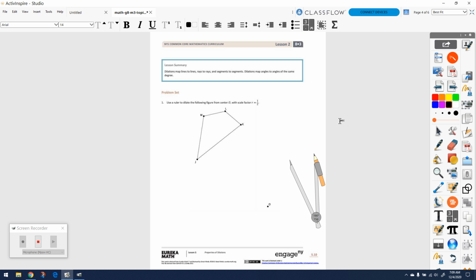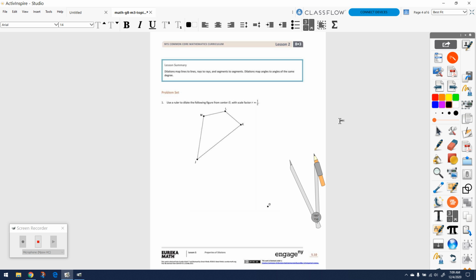All right, now we have something a little bit different, and let's take a look at this one. This one is on page 23. So turn ahead to page 23. And when we look at this one, we're going to use a ruler to dilate the following figure from the center O. Look at O, it's way down in the bottom right, and we're going to use the scale factor